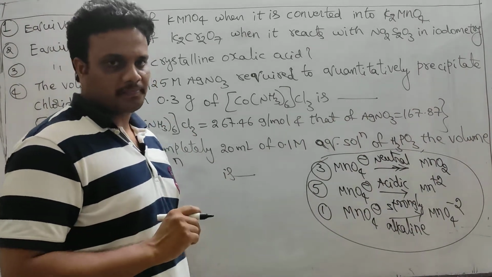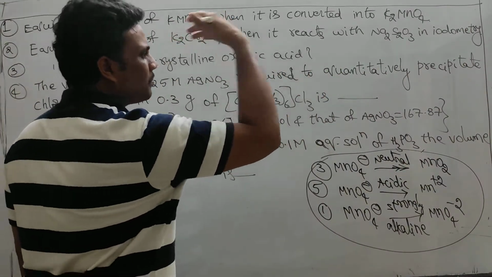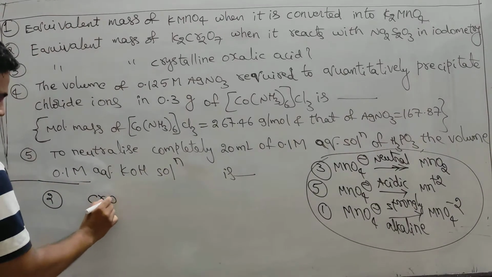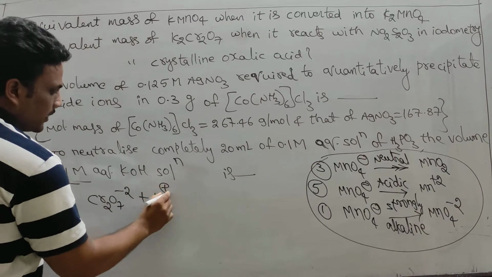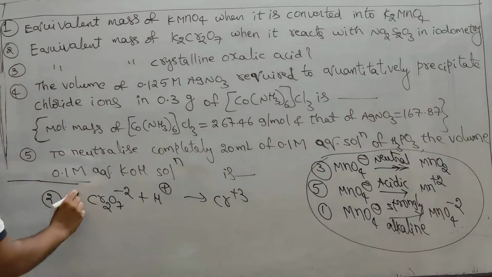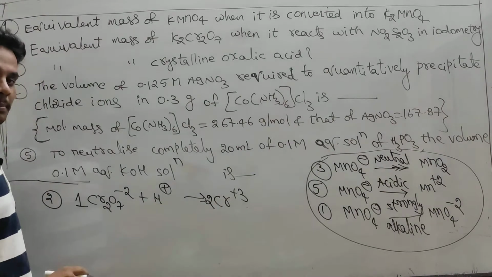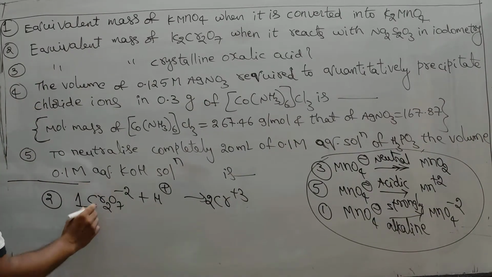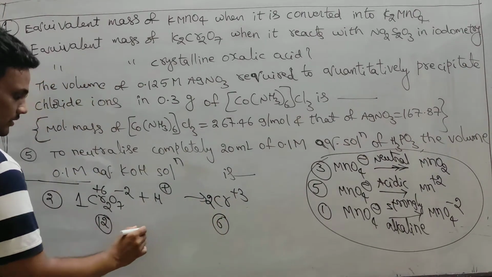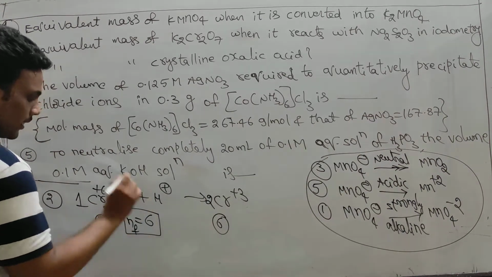Straight away, only in acidic medium, and whoever the second reactant may be, whatever the process, potassium dichromate, that is the dichromate ion, in acidic medium changes to Cr+3, orange color to green color. For 1 mole, I take 2 chromium atoms. Already I taught this in my previous lecture. So 2 into +6 is +12, and 2 into +3 is 6. What is the difference now? 6. So this should be your N factor.